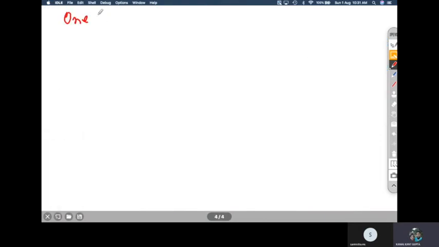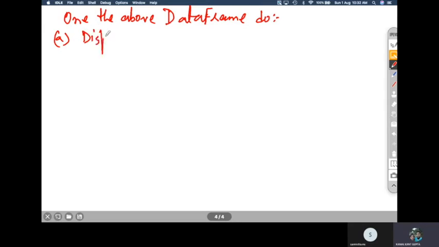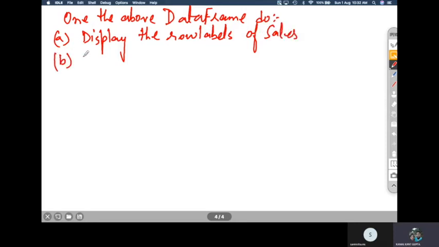On the above data frame, perform the following. The questions are: A, display the row labels of sales. So that data frame name is sales, right?